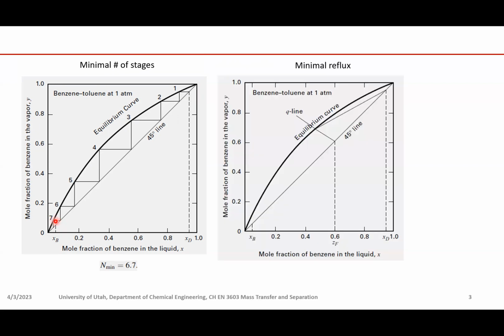Okay. So then for minimal reflux, first we can draw the Q line. To do that, first we identify where the feed composition is, which is 60% benzene. So you draw a vertical line that crosses the 45-degree line. That point is the starting point of your Q line. Then